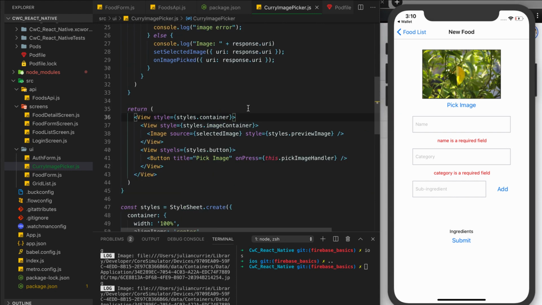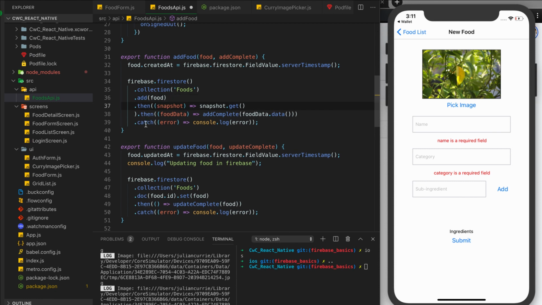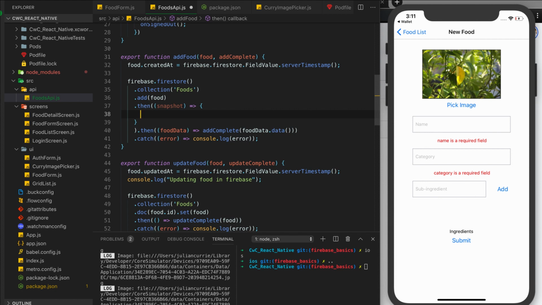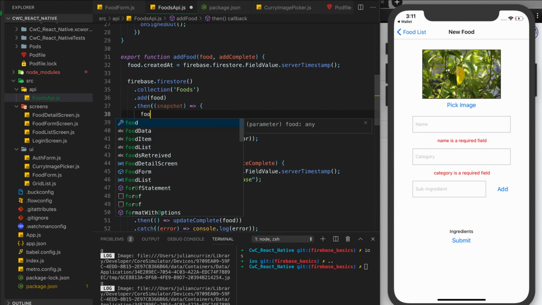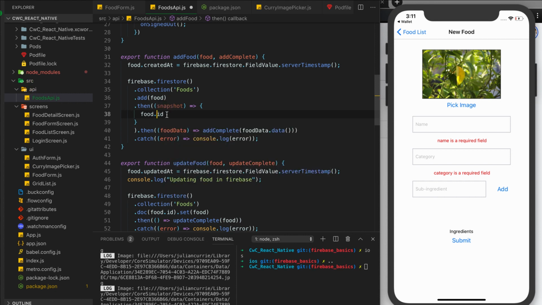So now we will actually implement our upload method for our Firebase storage API. So let's go to Foods API class. So for the add food method here, I want to refactor this a little bit. I want to put this here first. And then instead of the snapshot.get, the first thing I want to do is set the food ID. So I want to say food.id. So this is a field that we create when we add the food. So food.id equals